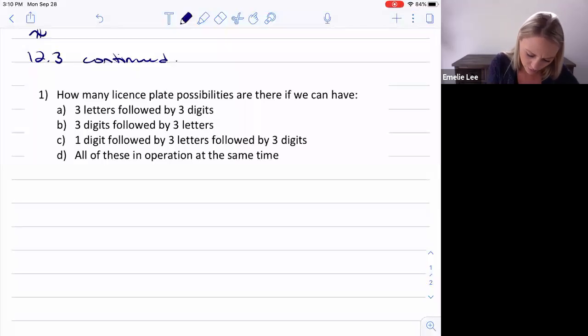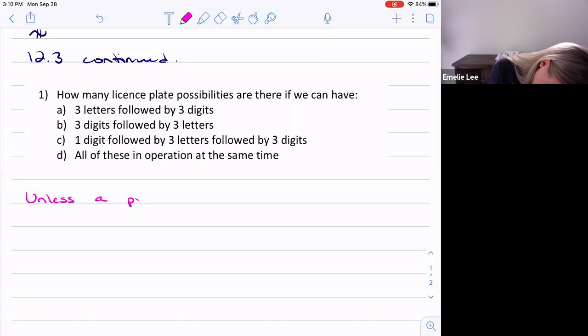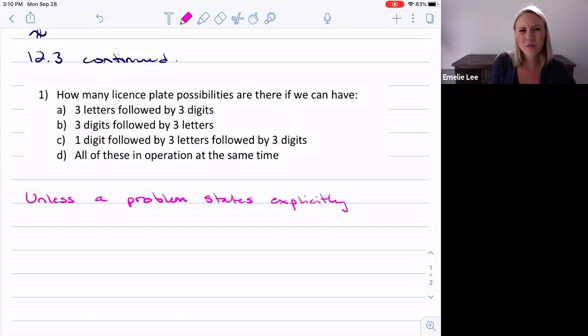Okay, so I will make a note here that unless a problem states explicitly, right? Or for some reason,